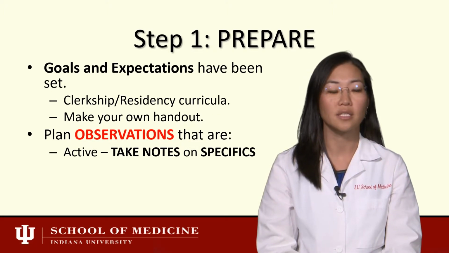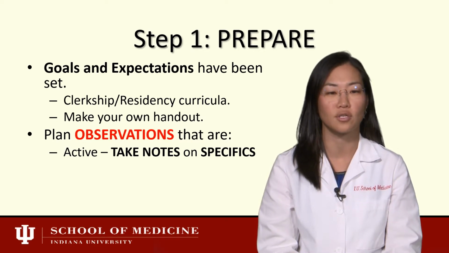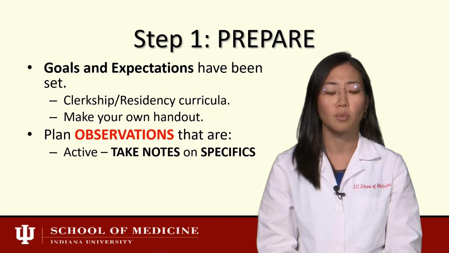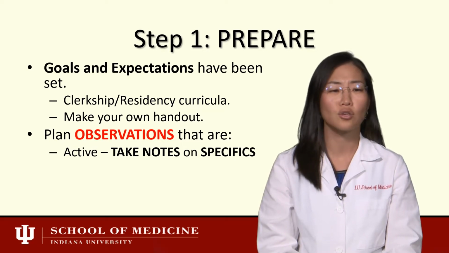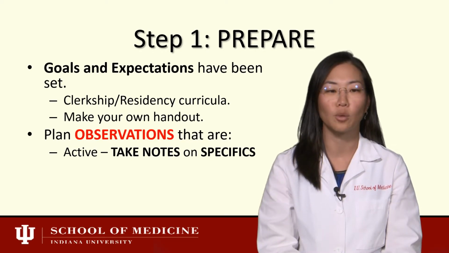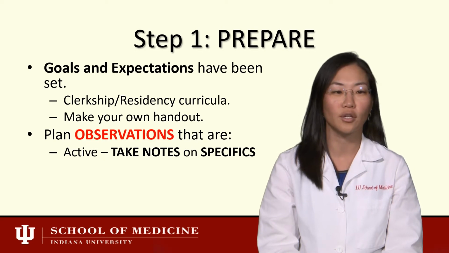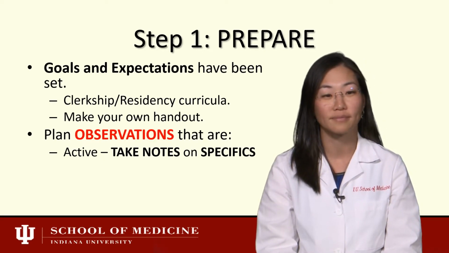Also, these are the details that you should try to write in your summative end-of-rotation evaluations. I don't know about you, but unless I take some notes, there's no way I'll remember these details by the time I get around to completing their evaluation. Keeping a little notebook page or note card for yourself, or even emailing yourself with a subject line for the student can help you keep track and are easily pulled together when it comes time for evaluations.